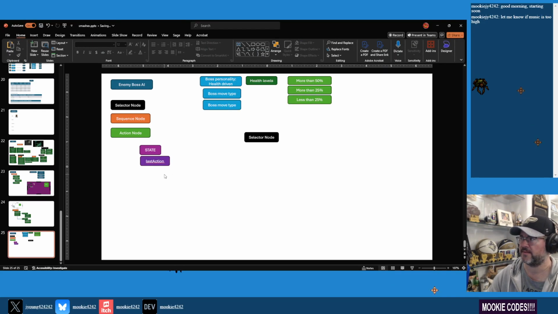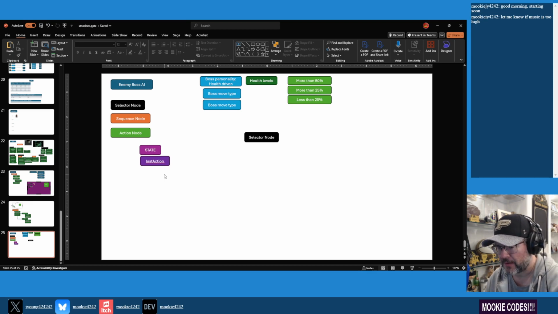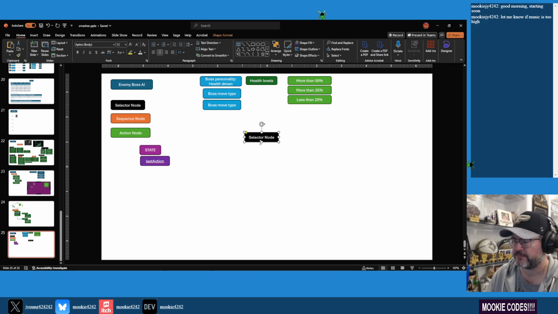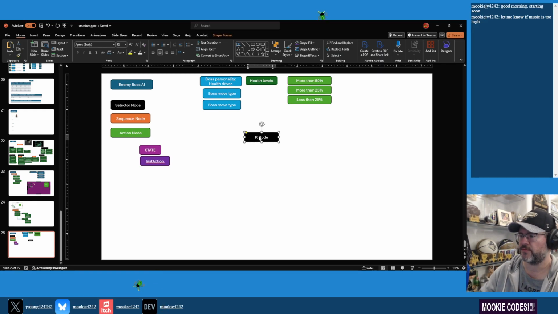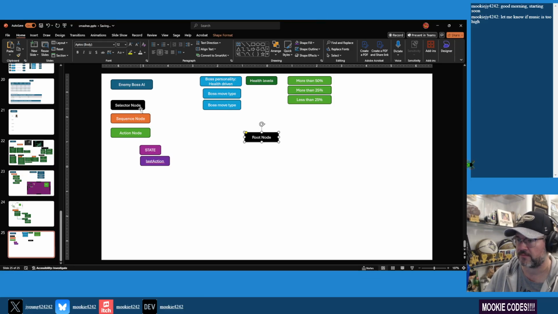I would think, I'm going to have to give that some more thought. So the root node, which is just a selector node,